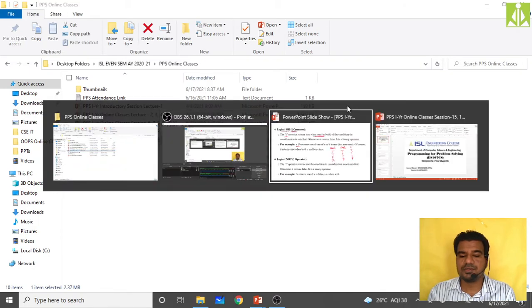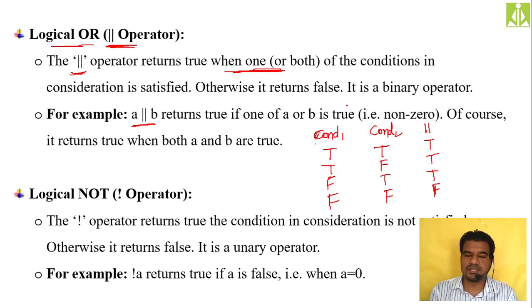Okay, so hope you understood this logical OR operator. Then we have the logical NOT operator. Logical NOT operator is a unary operator. It will take only one operand, and in order to complement the final result, or the result of the condition, we use this NOT operator. Suppose your condition is giving a true value and you want false in your situation, then what we have to do is simply complement it. How are we going to complement? By using this NOT operator.